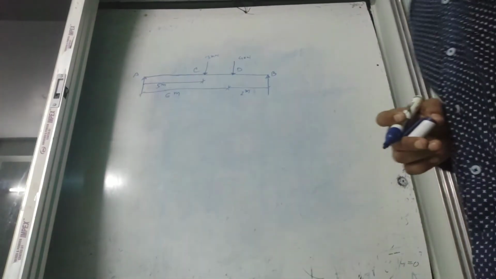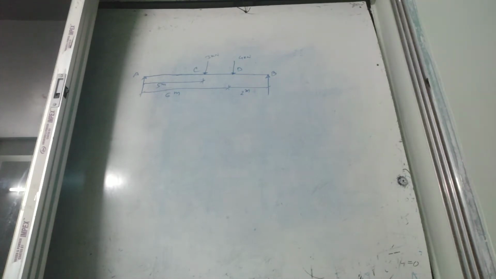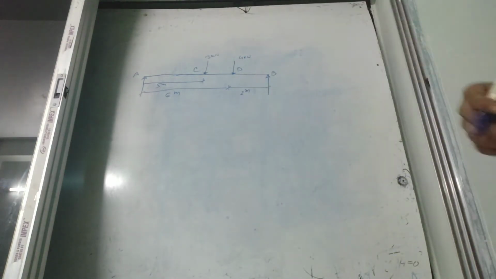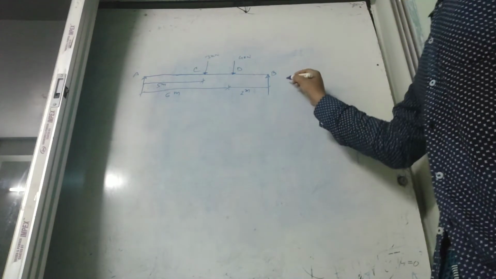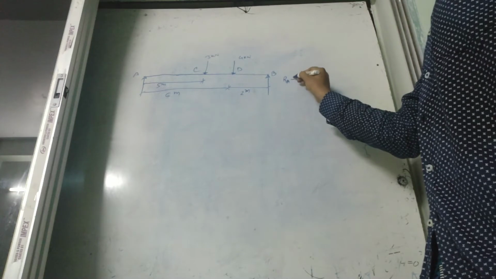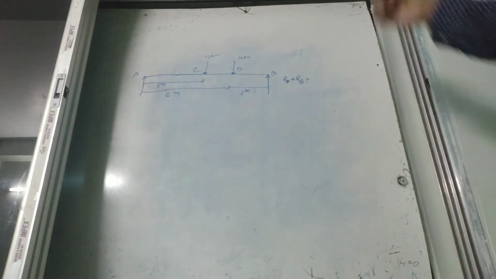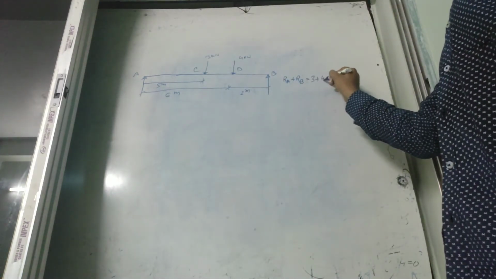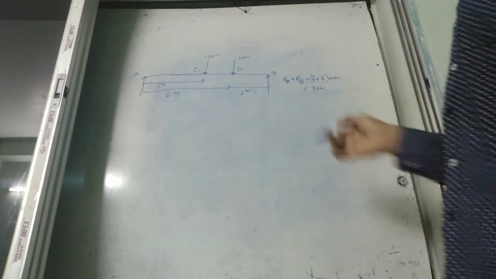Okay. So I will solve one mathematical problem in this session. In this problem, two point loads are given at different points, not in the middle position. Okay. So in case the force is not placed in the middle position, what will we do? Before that, we will calculate the reactions RA and RB, which carry the total force acting on the beam. RA plus RB equals the total load, 3 plus 4 kilonewton. 7 kilonewton is the total load.